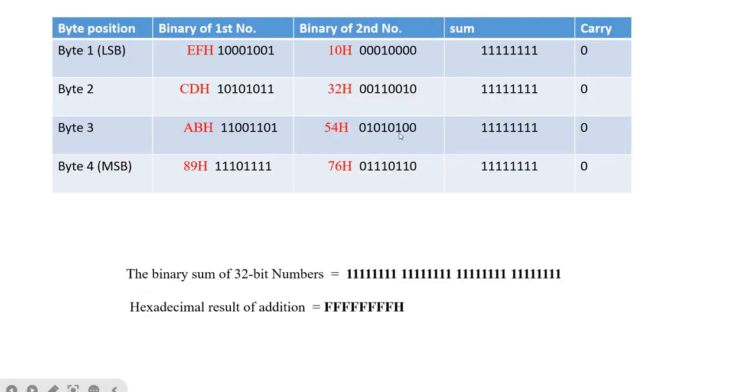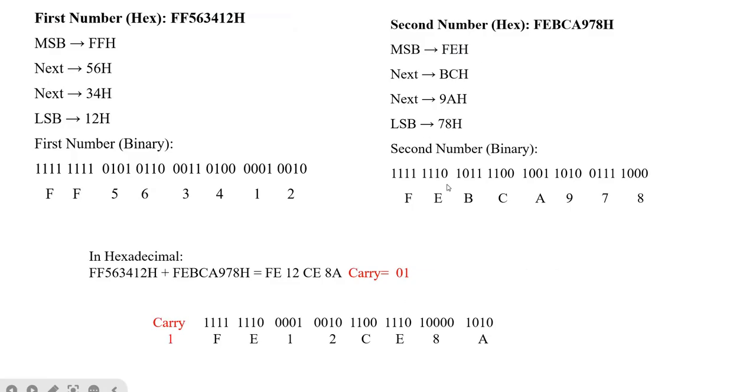We will see one more, here this is the overall representation of how you get the result of the previous addition of the two 32-bit numbers. This is the tabular form I have shown you. So here this is FF, FF, FF, FF with no carry generated in any of them.